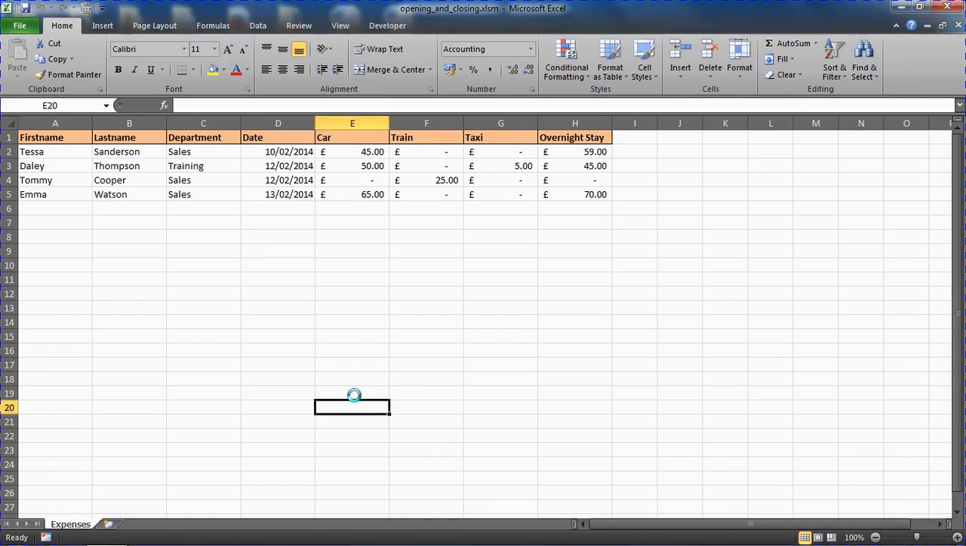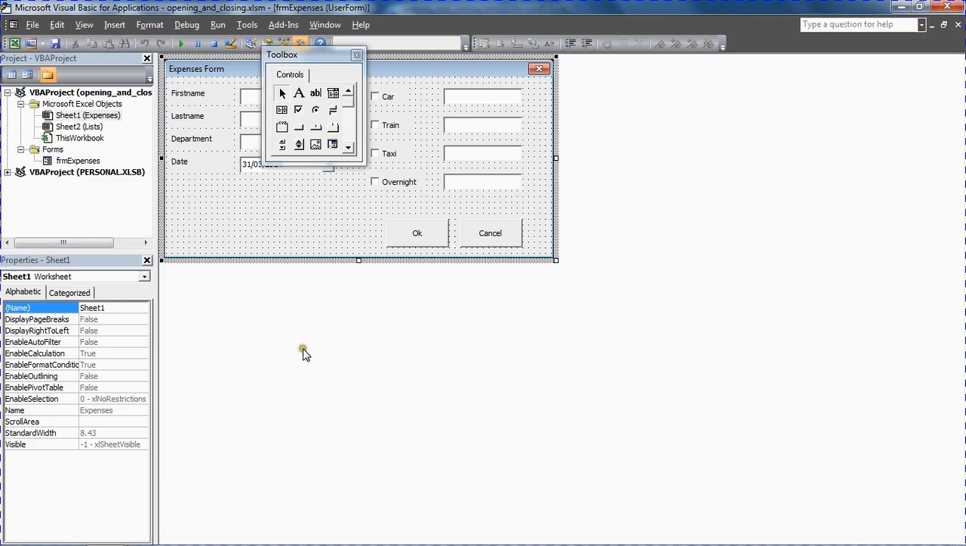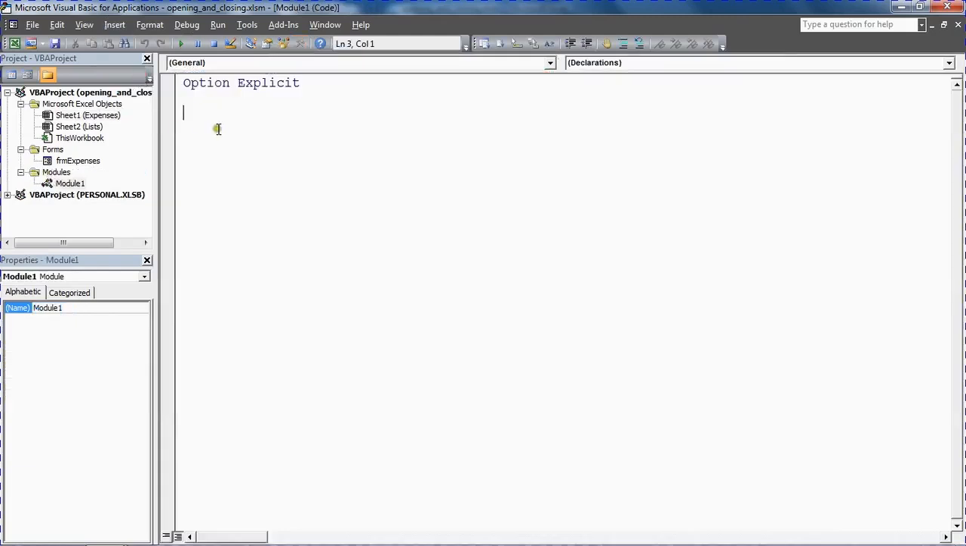Let's get to the Visual Basic Editor, and I'm going to insert a module because we're going to have to write this as a normal sub procedure, and we're going to assign this to a button on the worksheet. So insert a module. We're going to create a sub procedure which I'll call add expenses,